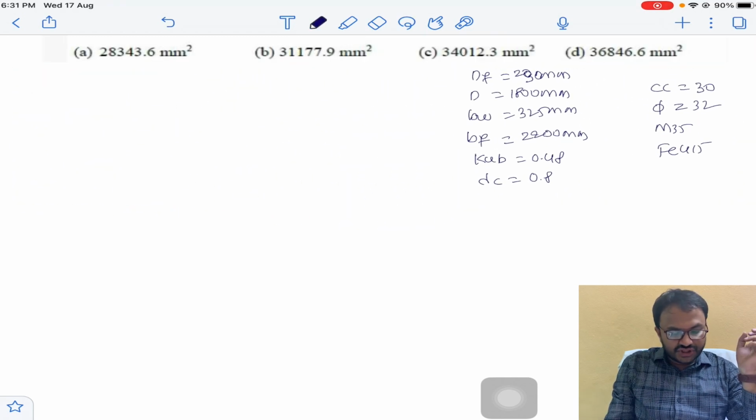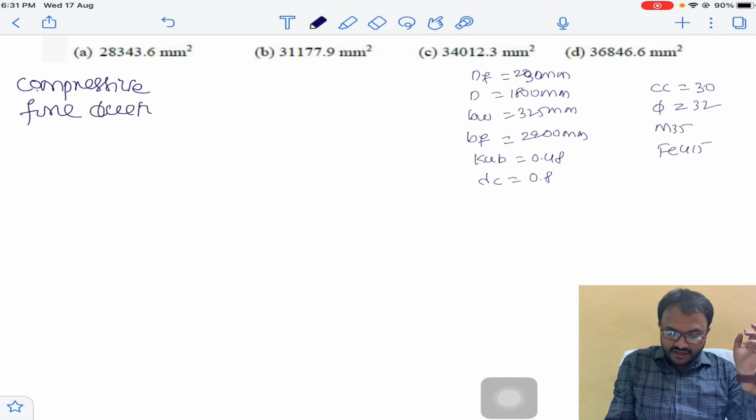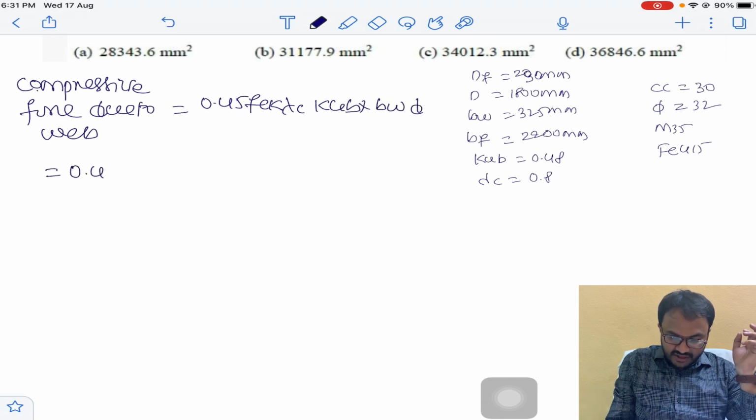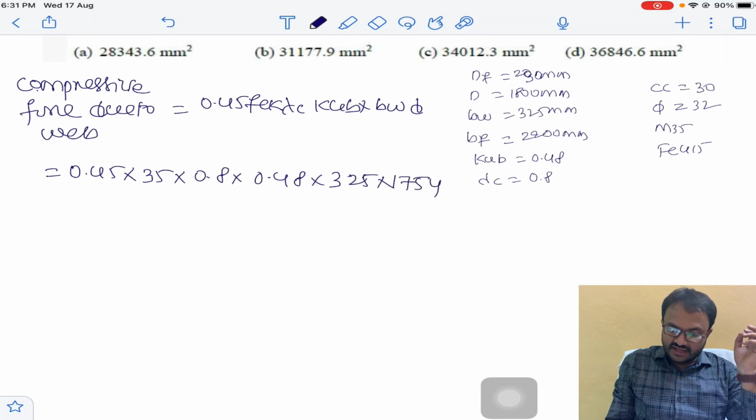So now you can see compressive force due to web. First I will calculate compressive force due to web. So that is equal to 0.45 FCK lambda C KUB into BW into D. So that is 0.45, 35, 0.8, 0.48, BW is 325 and D is equal to 1754. So into 10 power minus 6. Okay, you get it is